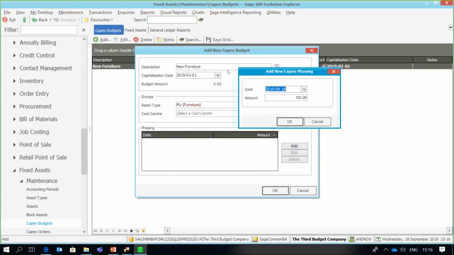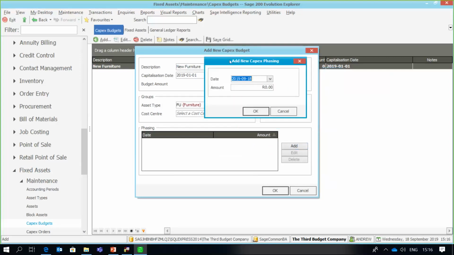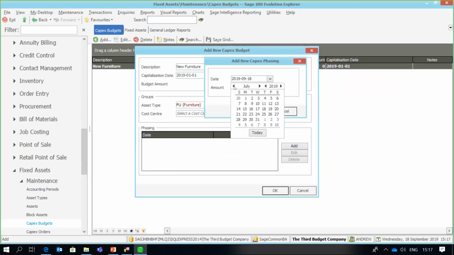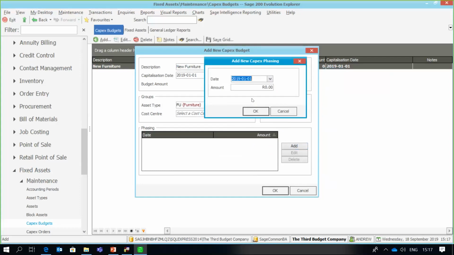and we're going to implement something called a phasing in period. So you may have been allocated a certain amount of funds to purchase your fixed assets. However, you want to phase them in over your financial year. So for example, we can do a phasing in period here, where I'm going to specify exactly how I'm going to spend that money and how frequently I'm going to spend it. So just say,